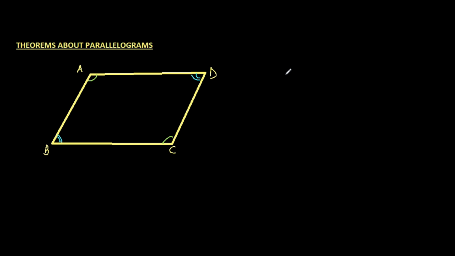Right, so we'll go ahead and prove that if opposite angles in a quadrilateral are equal, then that quadrilateral is a parallelogram. So according to the angle sum property of quadrilaterals, angle A plus angle B plus angle C plus angle D is equal to 360 degrees. Or we can say that, since angle A is equal to angle C, in fact I should have started with that, angle A is equal to angle C and angle B is equal to angle D. So this is what we have.